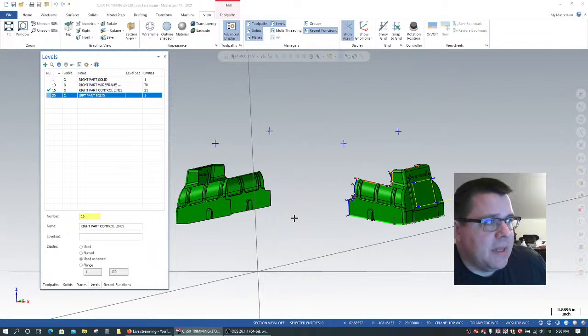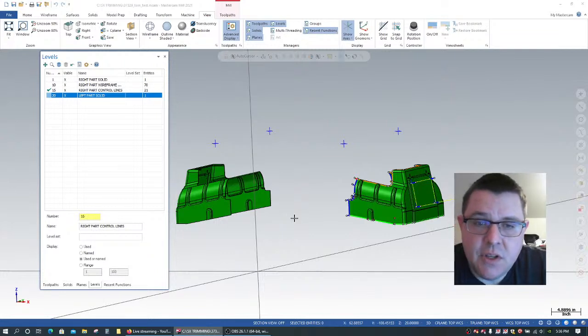Something that comes up as a programmer quite a bit, especially if you're working with other programmers in a group, is the need to organize and label your geometry, your operations, and in some cases the groups within the toolpaths manager. And this just makes it easier for you to understand